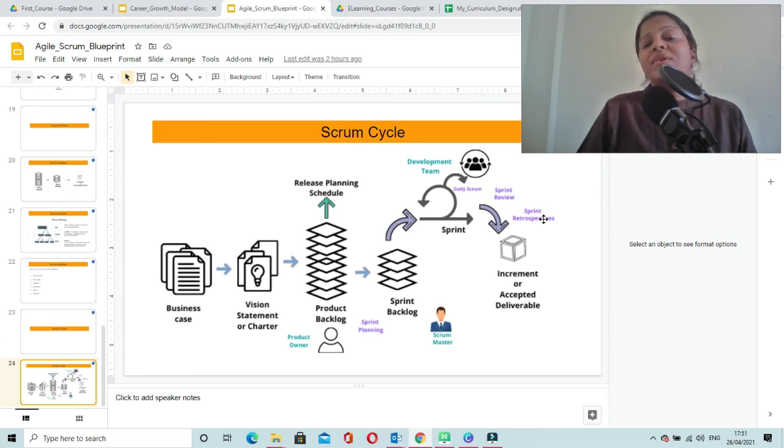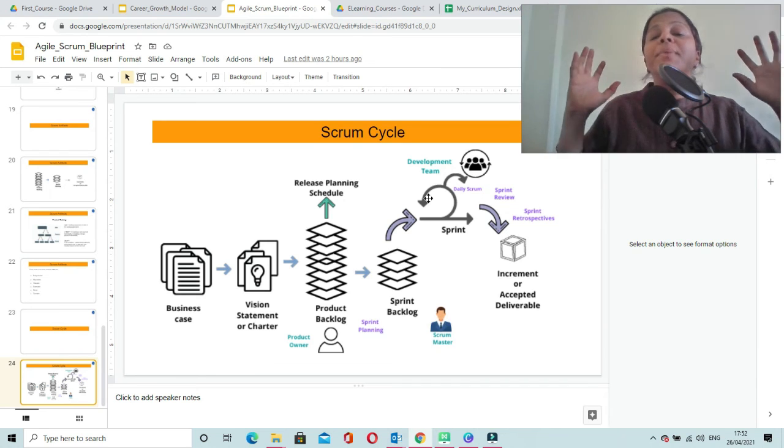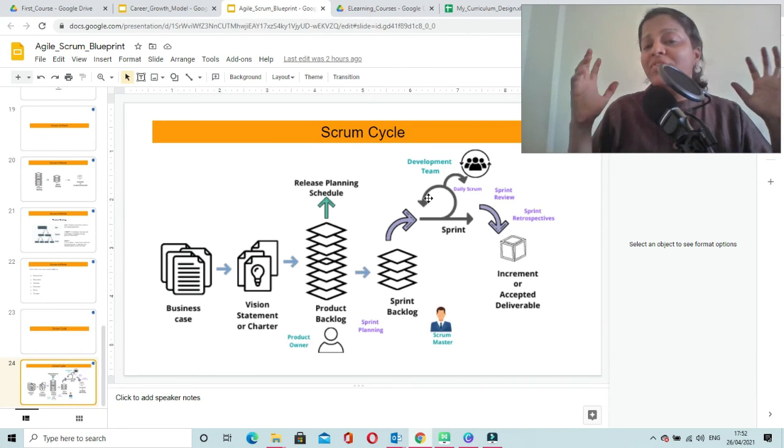So this is all about the Scrum cycle, and I think it is pretty much clear to you how Scrum works and how typically a Scrum cycle looks like. Here we have studied one sprint. Similarly, the team has to repeat this process, or conduct multiple sprints or iterations, to come up with a complete product.